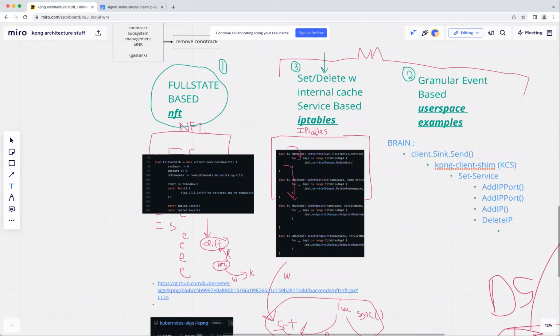Okay. Yeah, Mikhail is here. Hi, Mikhail. Hello. So we are using this full state based logic and building that diff state, and we will reuse that in IP tables also. Right now, Mikhail has done it for NFT. Maybe Vivek can answer. Probably he hasn't gone through it. Maybe Vivek, you can say about it.